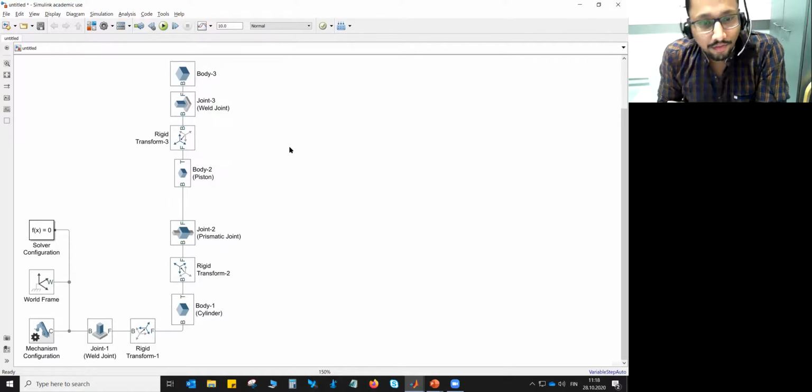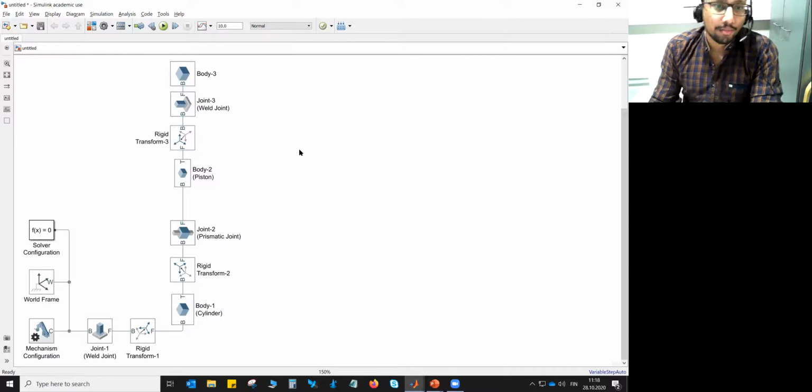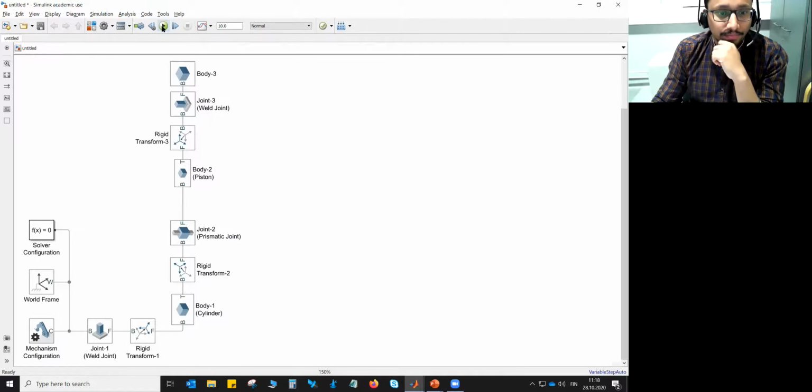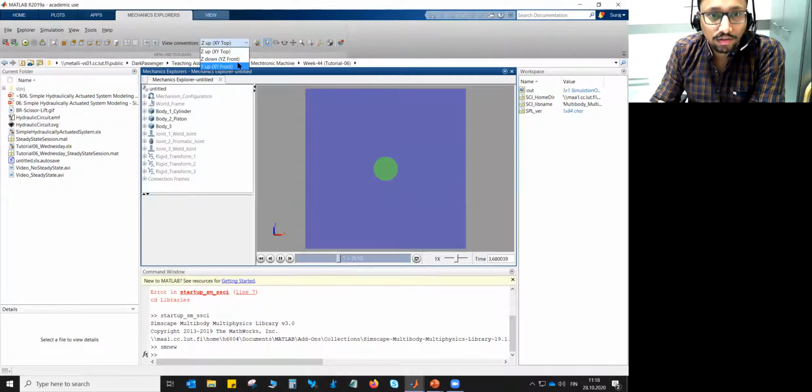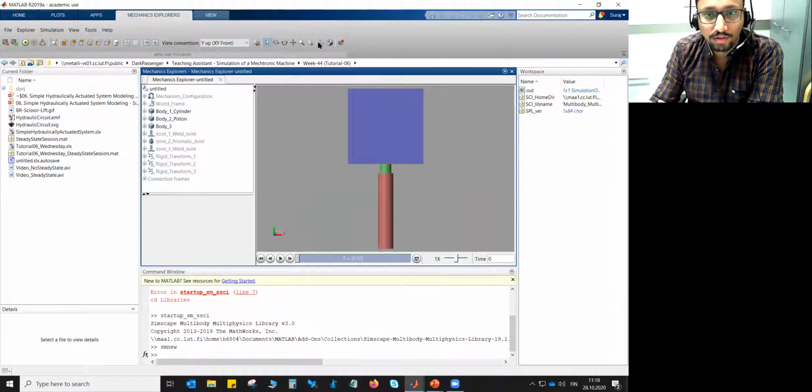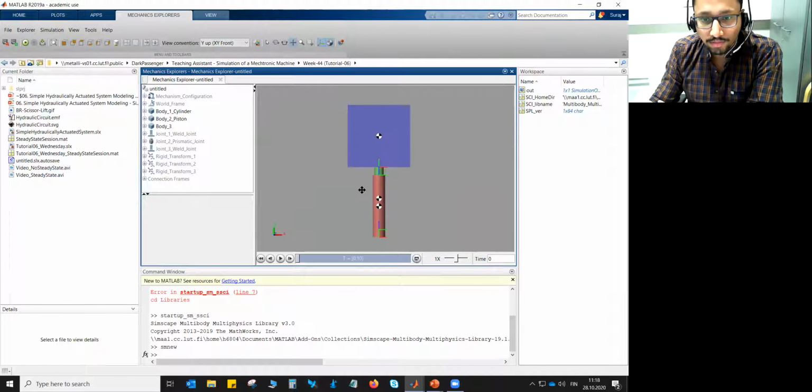So now we have our mechanical system ready. If you simply go ahead and simulate the system, obviously you need to press this. Okay, first let's stop it. Initial condition. I mean, at time t equals to 0, if you press this Y up and front view, this is how our system looks. Let's see the frames and the center of mass. This is how we have modeled our system. And it looks good to me. This is how we wanted our system to be. So the mechanical part is fine.